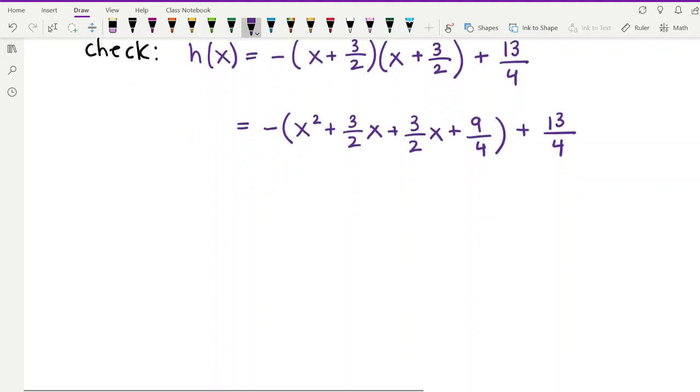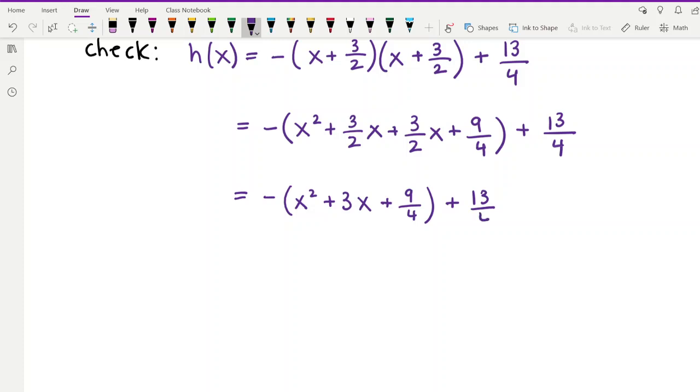Okay, so what do we do next? Well, we can combine these things. 3/2 plus another 3/2, well, that's just going to be 3, right? If you have half of 3 and then another half of 3, put them together, you get 3. So this is going to be x squared plus 3x plus 9/4